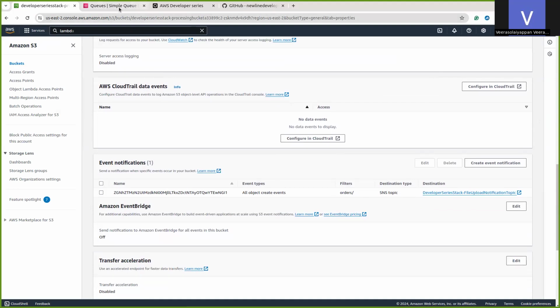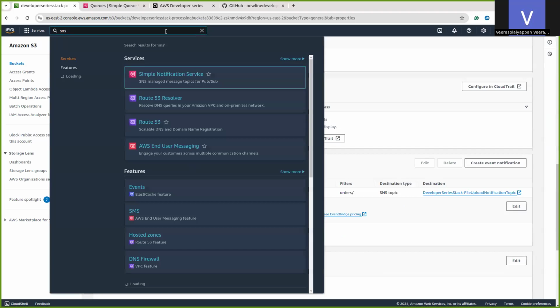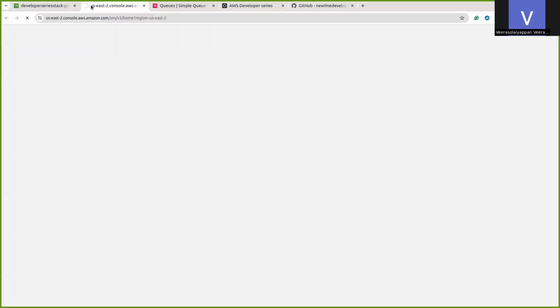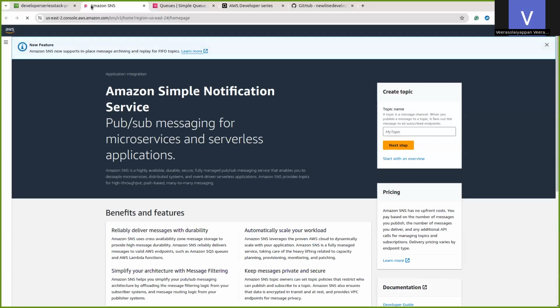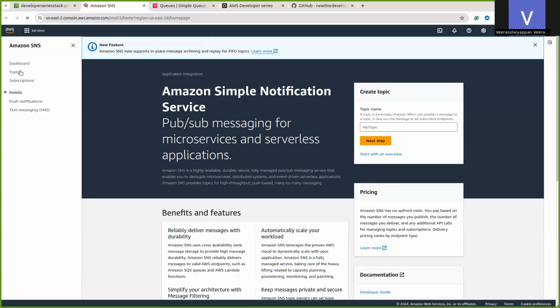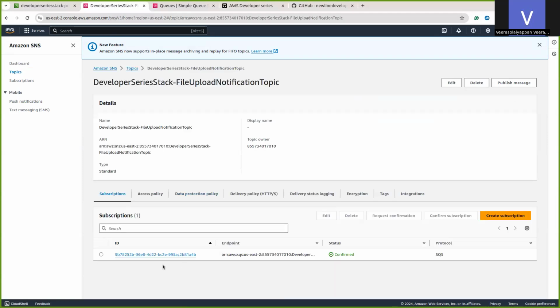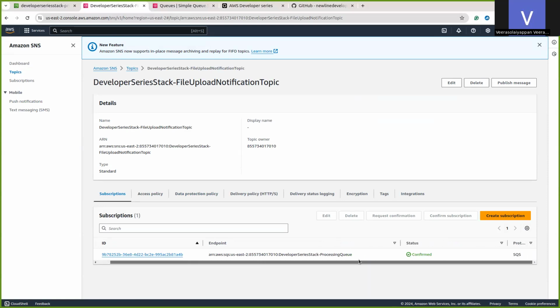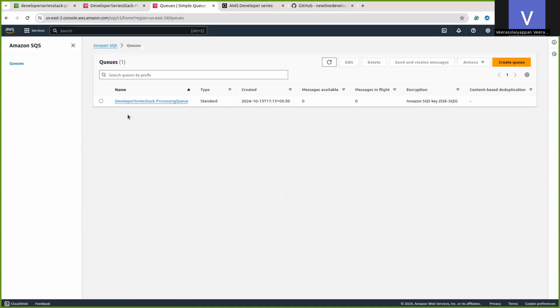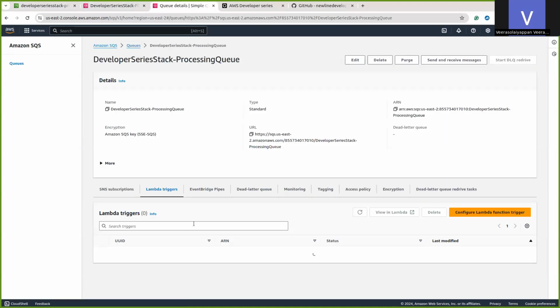So let's open the SNS. SNS will receive the messages from S3, and the subscription is SQS here. So the SQS queue is the subscription of SNS. And in our queue, Lambda is the subscription of SQS.